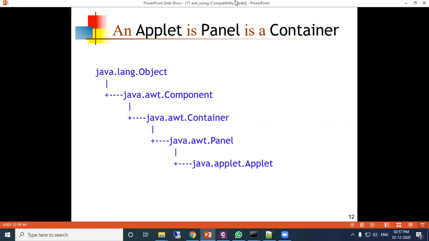So see the class hierarchy: java.lang.Object, java.awt.Component, java.awt.Container, java.awt.Panel, java.applet.Applet. This is the hierarchy which we have seen in the previous hierarchy diagram. So you can display things in an applet, meaning inside the applet we can show something or display some data.